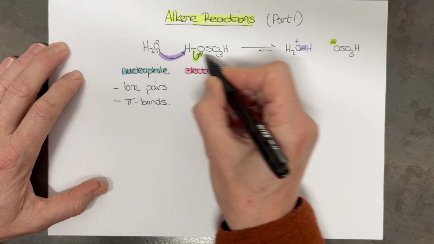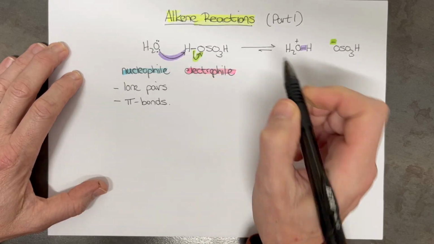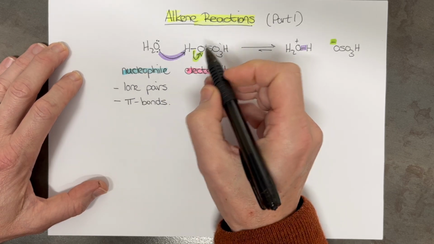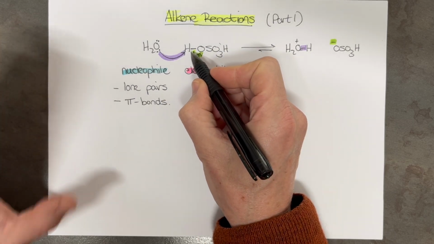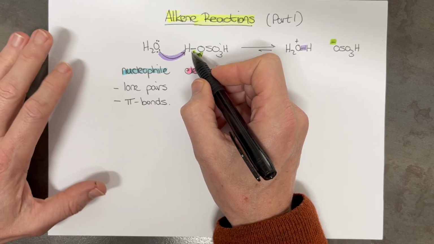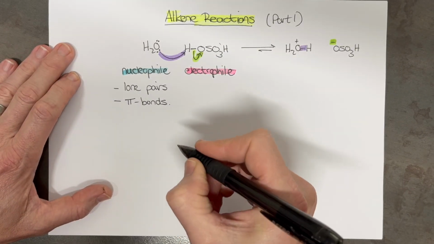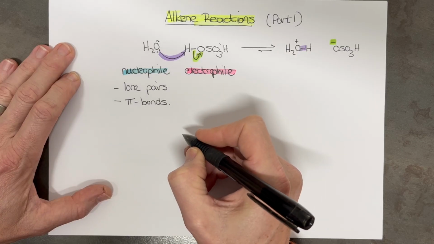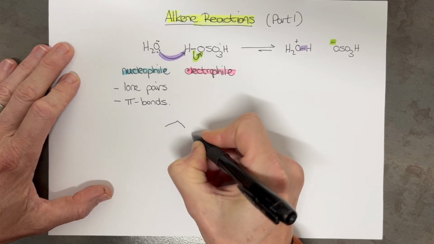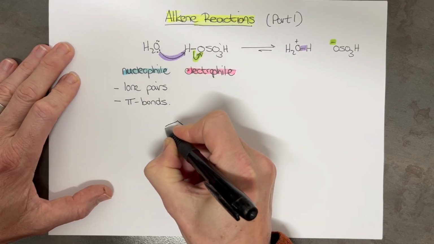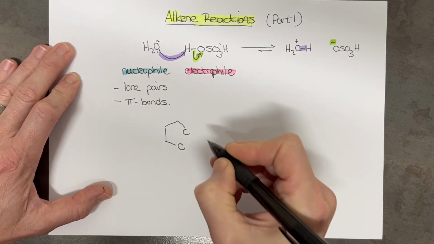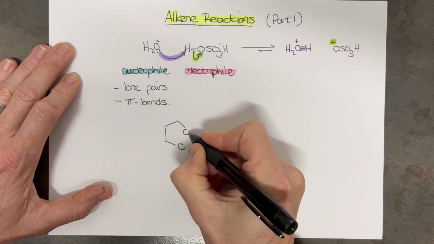We're going to work out later on that there are lots of other different types of electrophiles. But right now, I want to keep the electrophile the same, which is to say I just want to have a strong acid present for this. So I'm going to take a very simple example of an alkene, and I'm going to make it into a 5-membered alkene, but just for the sake of this example